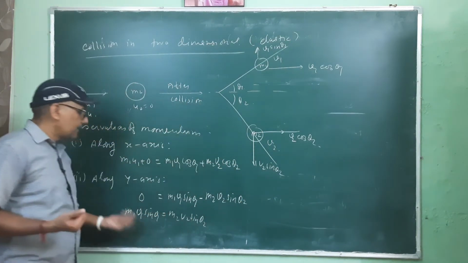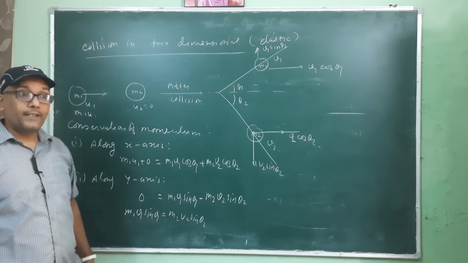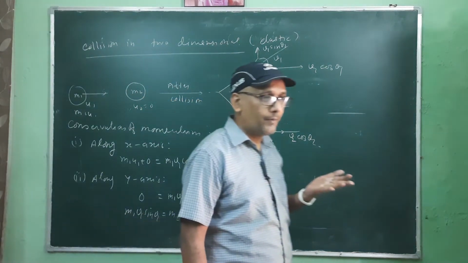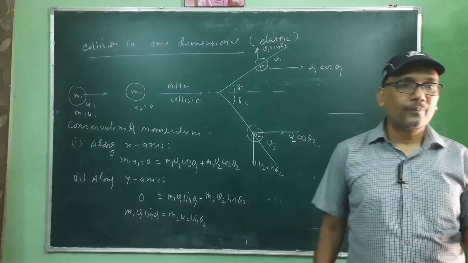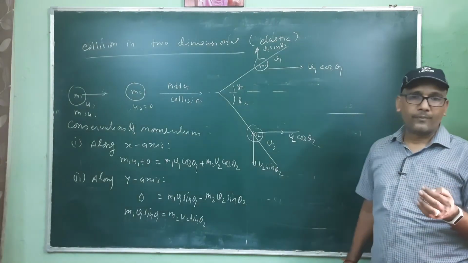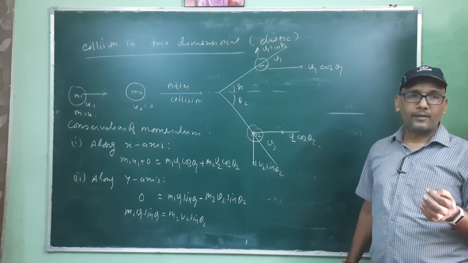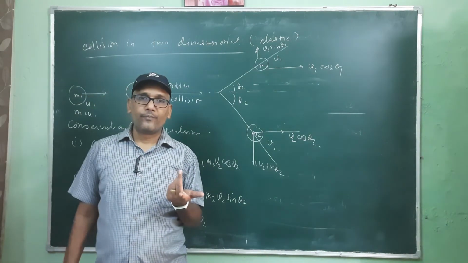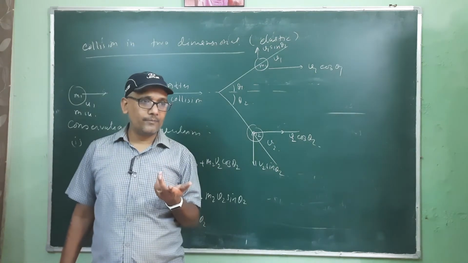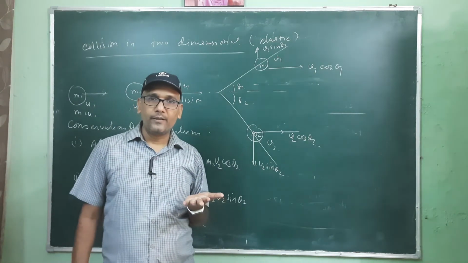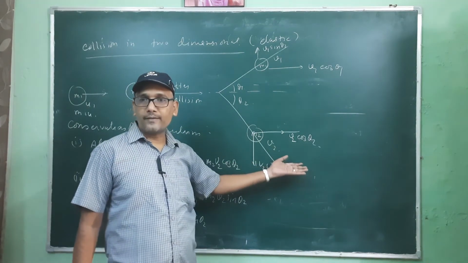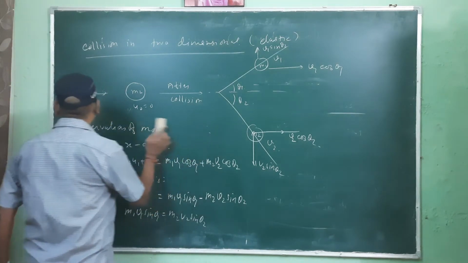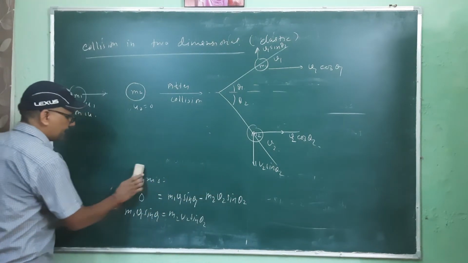So this is the case, and now we can calculate the kinetic energy. In the case of kinetic energy, we will not take components because there v1 will be in terms of square, and v1 square or u1 square is a scalar quantity. Kinetic energy or energy or work is a scalar quantity, so there is no need of taking components along the x-axis and y-axis. This is only used in conservation of momentum. So we take conservation of kinetic energy.